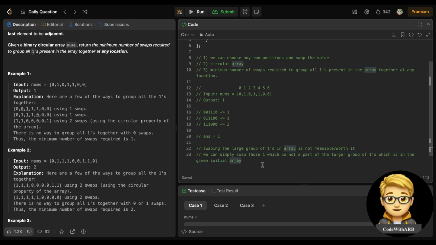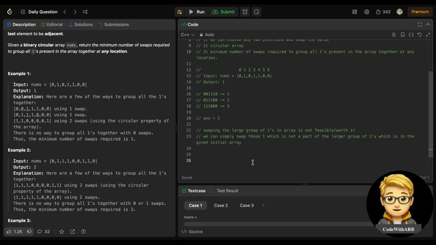That's the thing here, right? Simply those ones which are not a part of the larger group. So basically, if you see, we can swap at any position with anyone. So one thing to know is, if I take a random example, suppose this is zero, this is one, this is one, this is one, this is one, this is one, this zero, zero, zero, one, one, one, then let's take another one, then again zero, zero, and this is one,